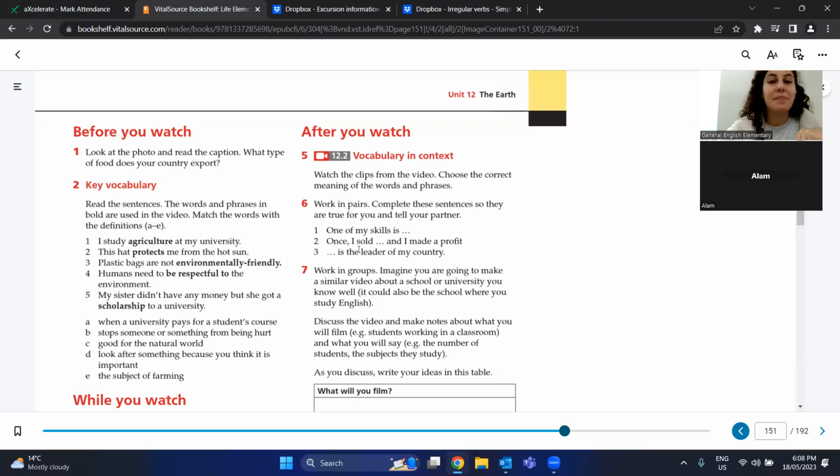Okay. And who is the leader of your country? Someone's name? The president? Yeah, he's the leader. He makes decisions and takes responsibilities and makes choices. In Colombia, the president and the mayor. The mayor, yes, of a certain area. Okay, good. So make sure you just write the answers there.